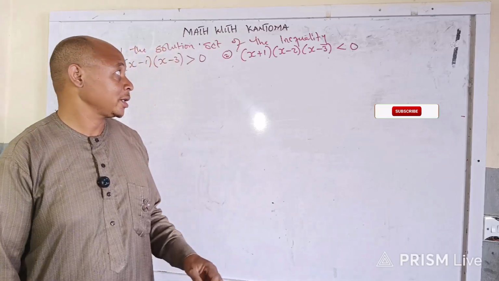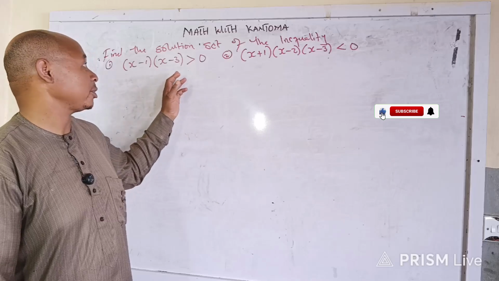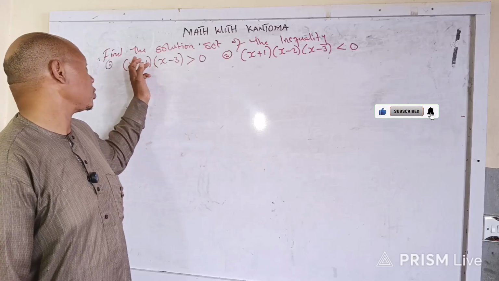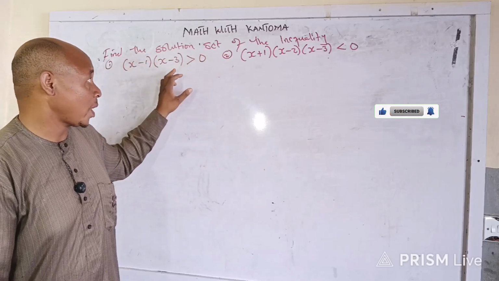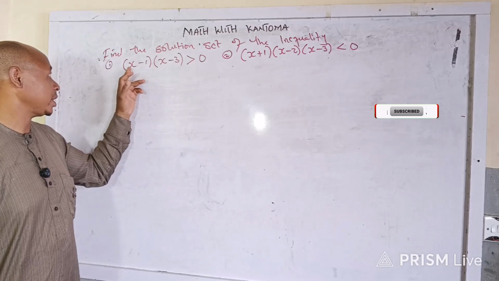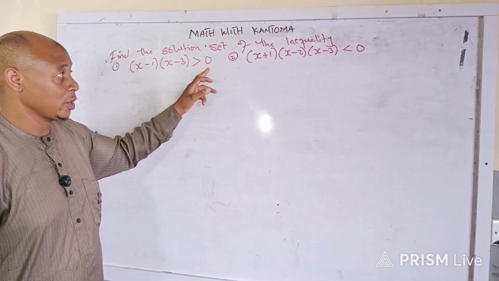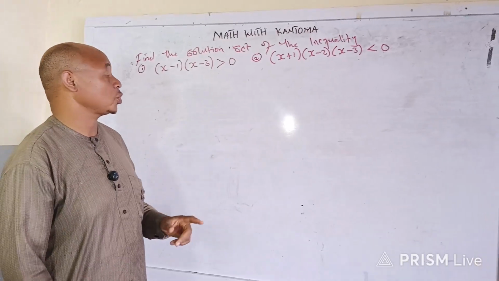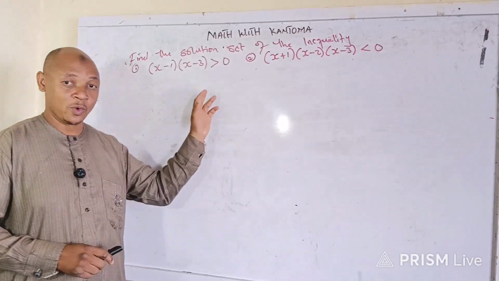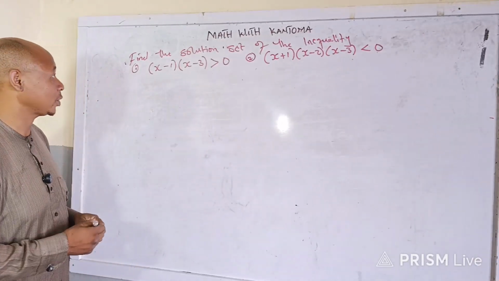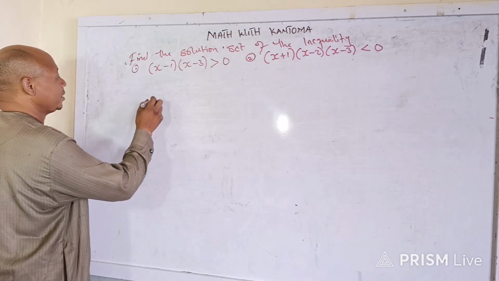In today's lesson, we are going to simplify this function. They said we should find the solution set of this inequality. The first inequality given is (x - 1)(x - 3) > 0. So now we are looking for the solution to this inequality. Right? So now to simplify this,